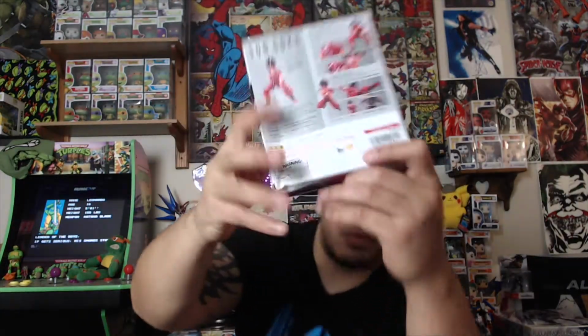Like, maybe you can't even tell, but it's definitely got crumbled in, and then on the back here it's crumbled in. But the figure is totally fine. I don't plan on getting a ton of these. I might get a Trunks maybe down the road,